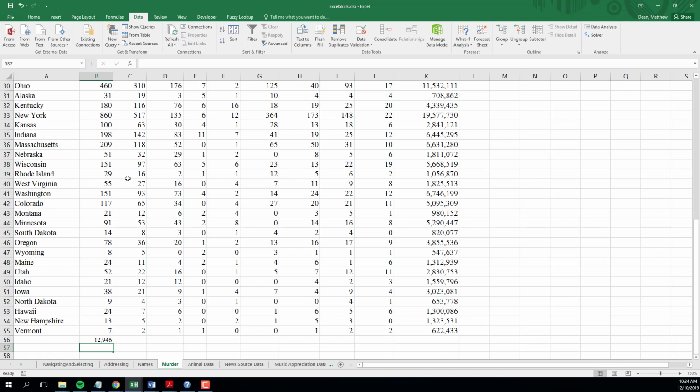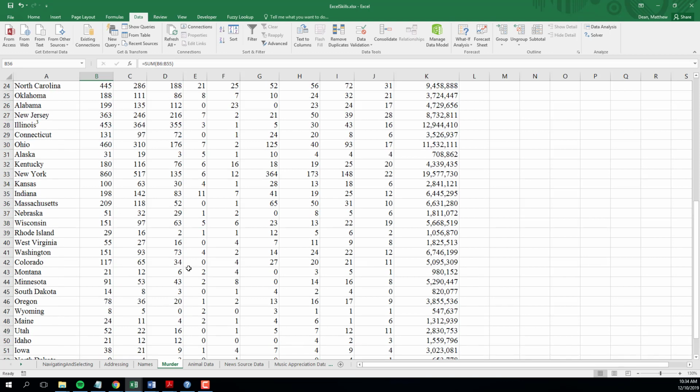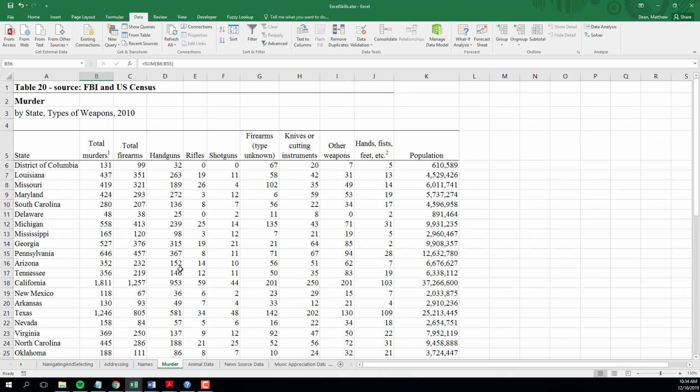Now, what if we were more interested in, I'm going to leave that there, and say I'm interested in the total number of murders for states that have a larger population over here, right? So what we can do is we can filter the data. So I selected